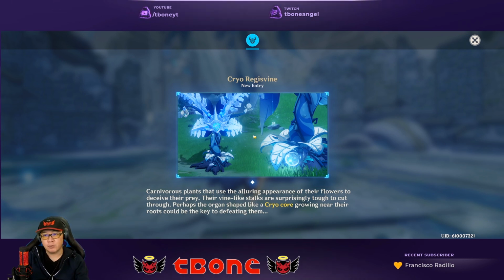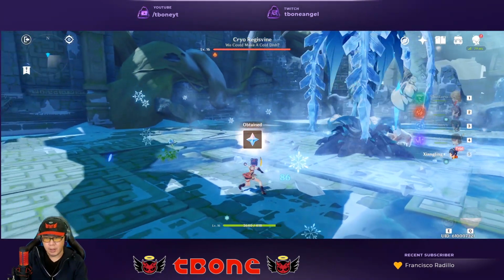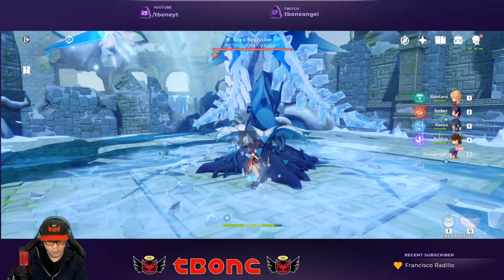So this is a Cryo Regisvine. It's a carnivorous plant that uses the alluring appearance of the flowers to deceive their prey, and their vine-like stalkers are surprisingly tough to cut through. Perhaps the organ shaped like a cryocore growing near the roots could be the key to defeating them. So we want to take care of the core, and since it says it's cryo, it's weak to fire. For example, you can also use electricity, but we're gonna go ahead and